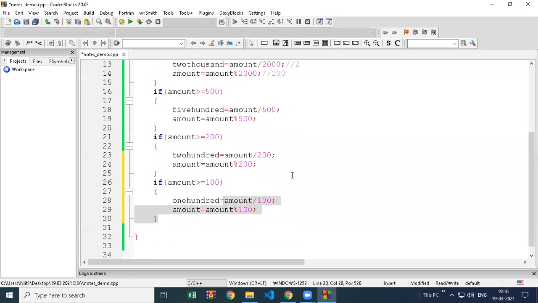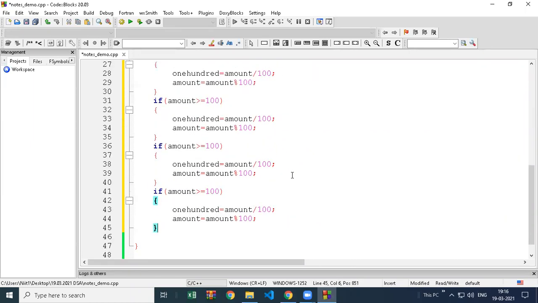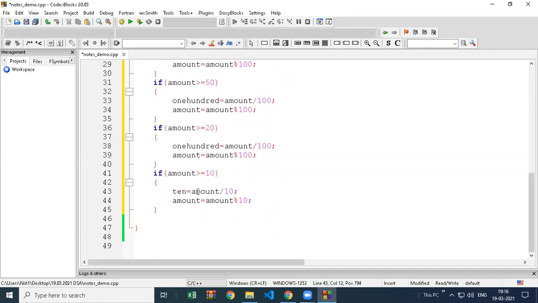Then 100, 50, 20, and then 10 notes remaining. So 100, 50, 20, and 10.